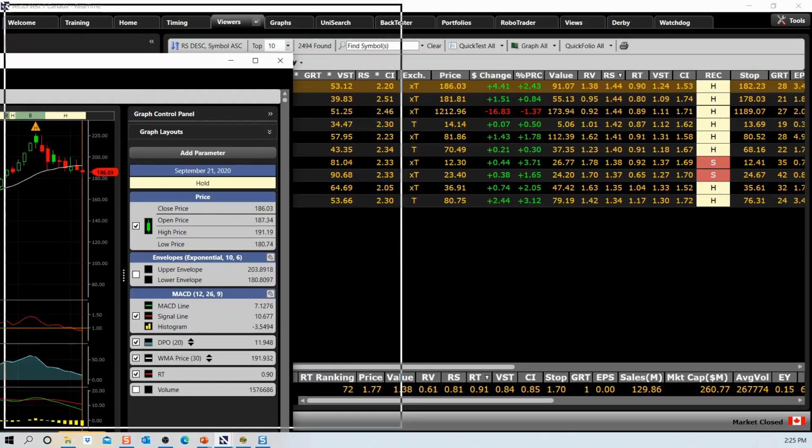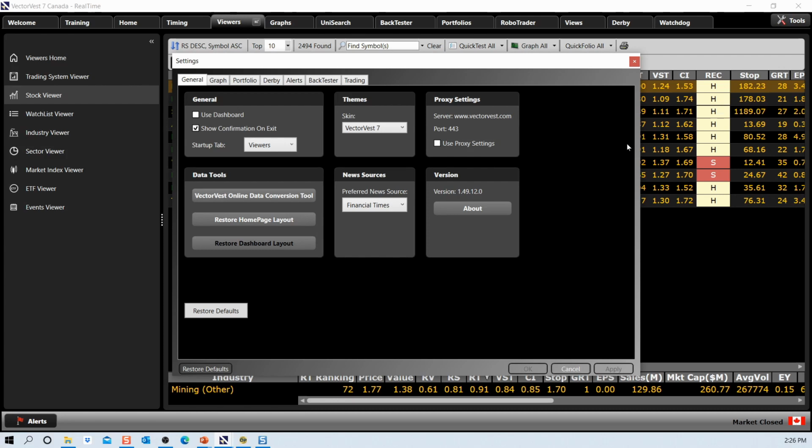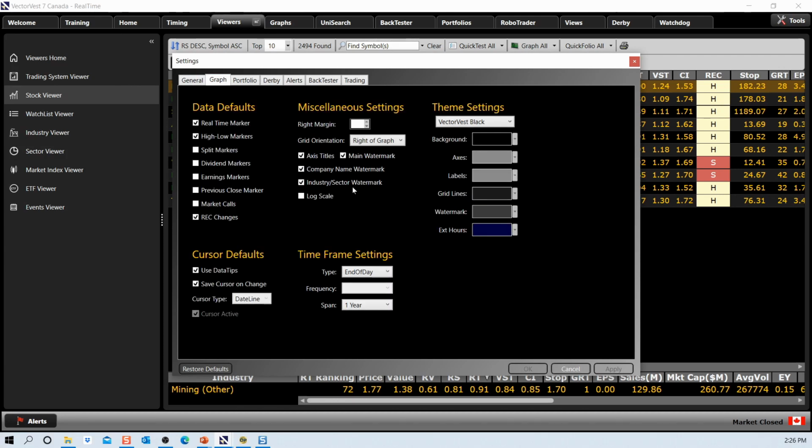And if I did want to change my default settings for that layout, I come to the Tools tab up here at the right, Application Settings, click on the Graphs tab, and we've got end of day, and I can just change that to weekly. And then typically it's set to 1 year. I'm just going to come in and set it to best fit, and that'll change my default layout to the weekly